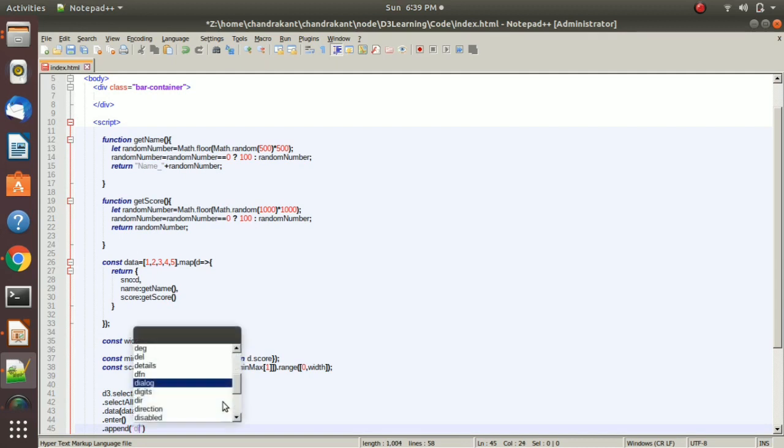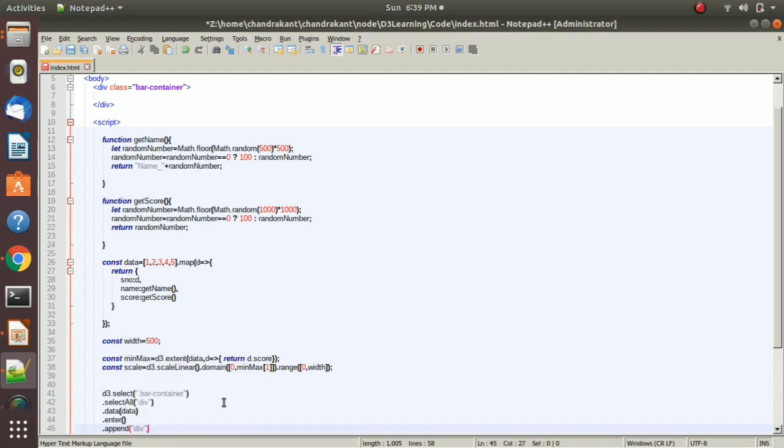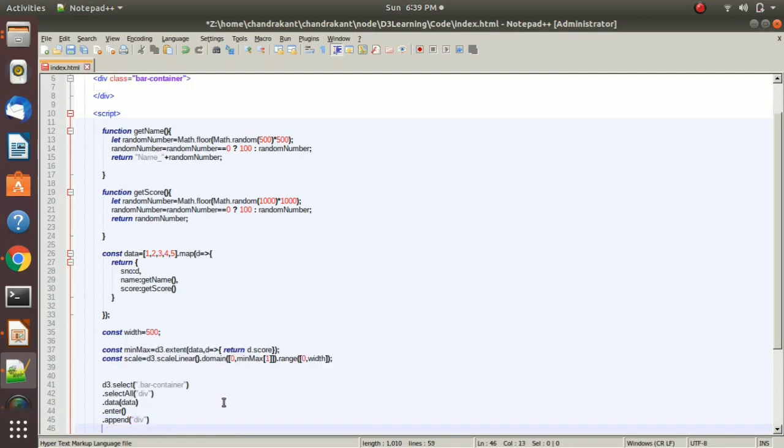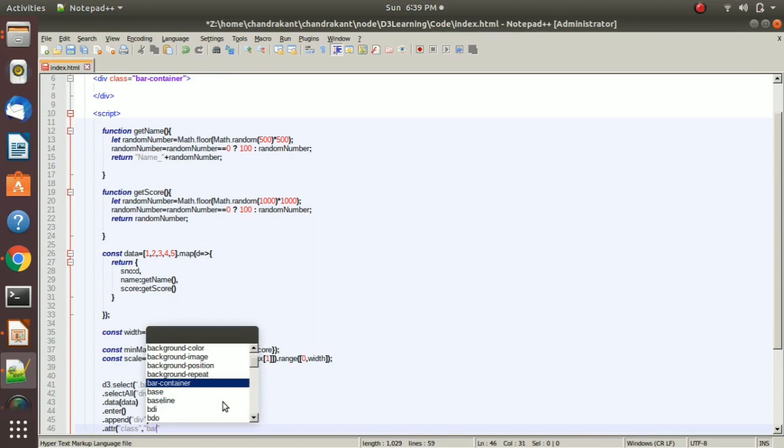I want to append a simple div. Then here we will provide the attribute, .attr class as bar.